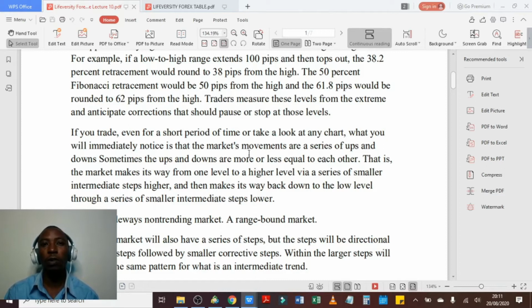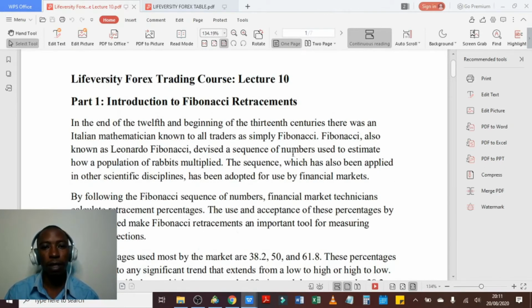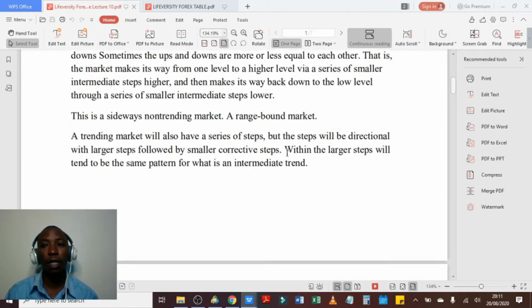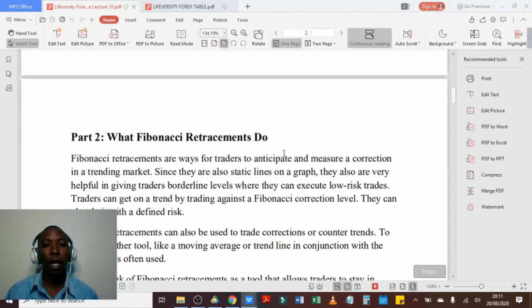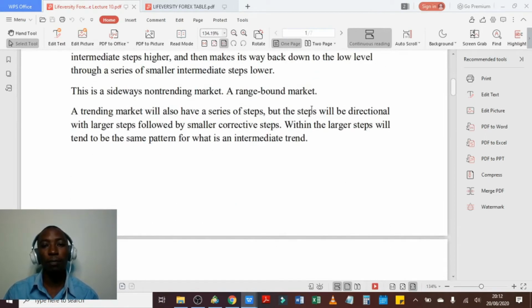And as I told you, the Fibonacci retracement tool is simply a hybrid tool. As you can see in the notes, you simply have to go through it in order to get a deep understanding of the Fibonacci retracement. But all I'm going to highlight now is that it's a hybrid tool. It's a combination of trend lines and remembered lines, and the three most important levels we traders use in the Fibonacci are 38.2, and then 61.8 and the 50%. Those are very important levels.